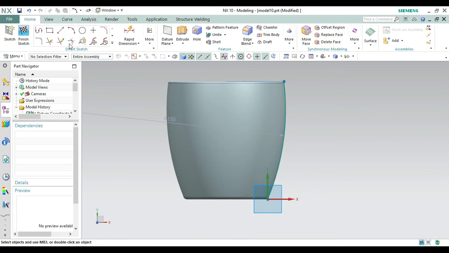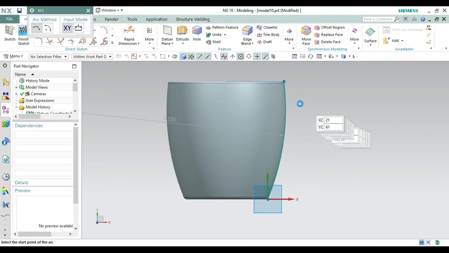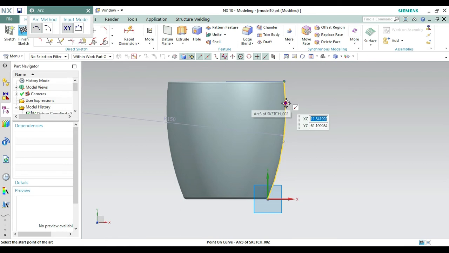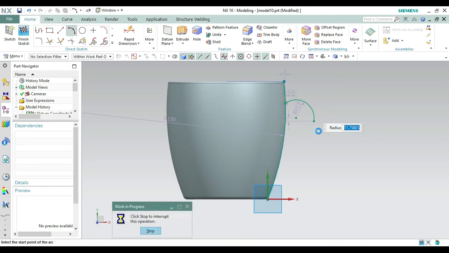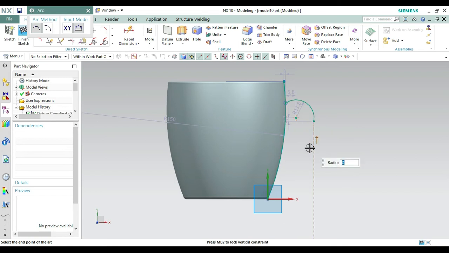Now cancel it. Now select an arc again. For the handle, according to your size, take any point on this reference and the distance like this and make a radius of this one. Now again select this and take it as you wish and make it tangent to that. Okay, now it has been done.